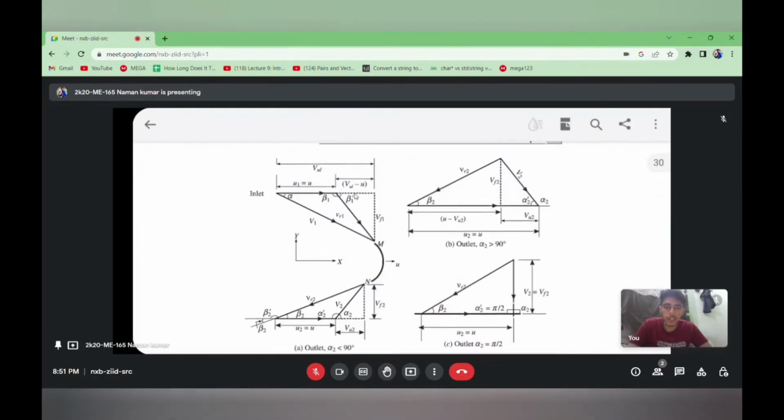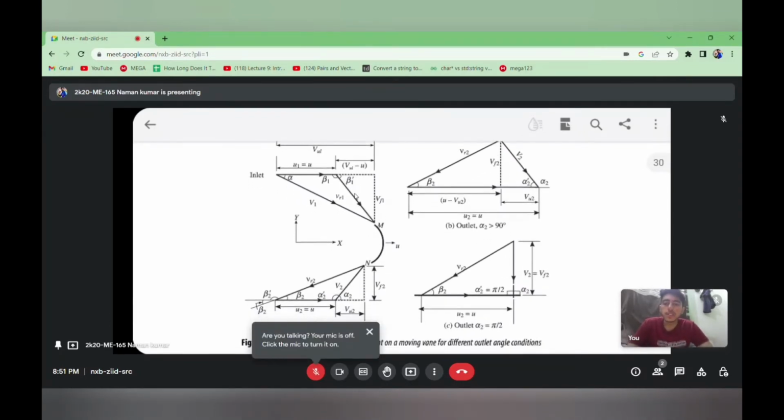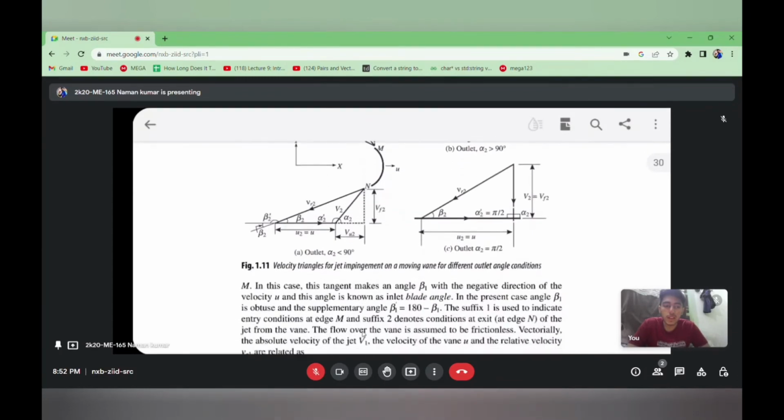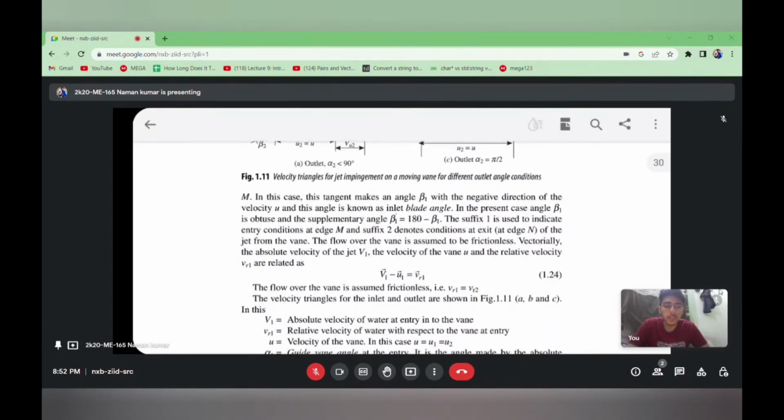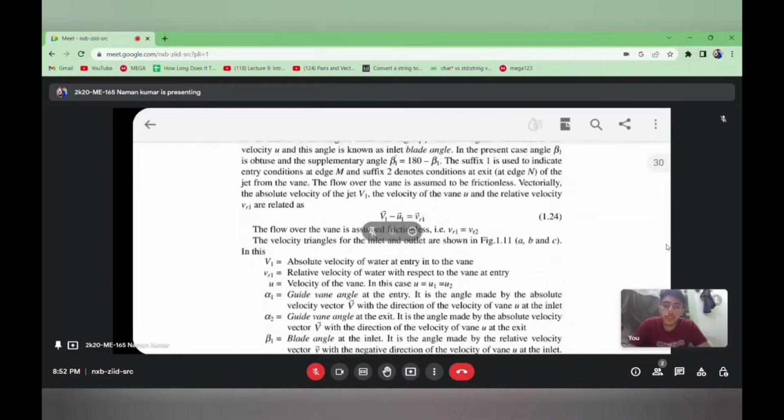So here it is the velocity diagram. First we have the absolute velocity V1 and the relative velocity VR1. Let's get the terminology. V1 is absolute velocity of water at entry of the vane. VR1 is relative velocity of water with respect to vane at entry. U is equal to velocity of vane. In this case U equal to